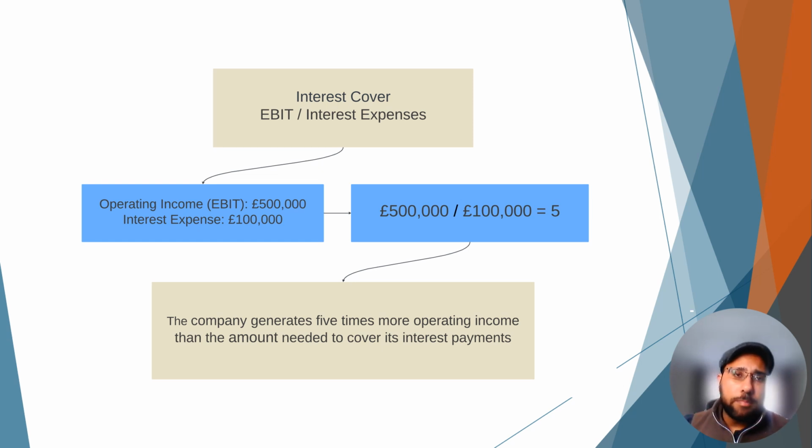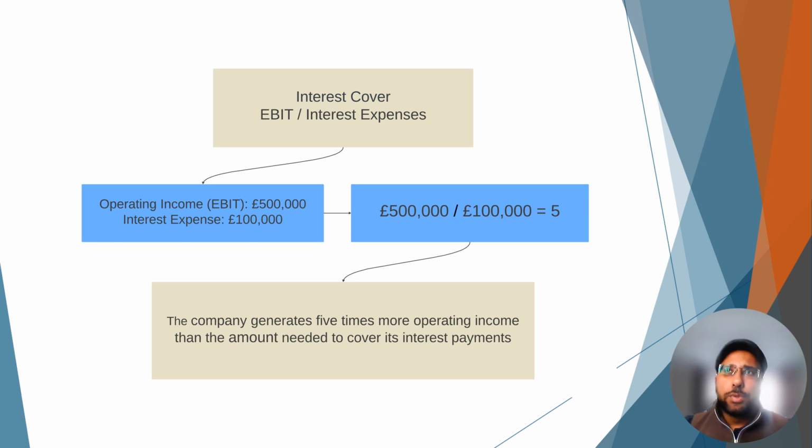cover its interest expenses, whilst higher ratios do suggest that the company has a stronger financial position. So, all in all, anything above one will be great. Just because you have an interest cover of over five, it just may mean that the company is not reliant on debt. Okay, but again,